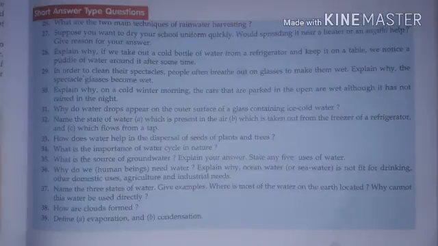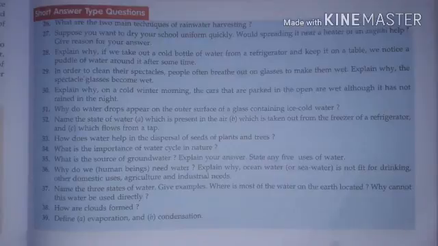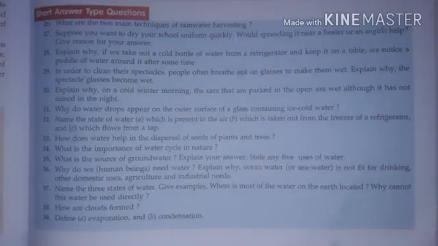And the last question: define evaporation and condensation. What is meant by evaporation? Evaporation is a process of conversion of liquid water into gaseous form, with the help of heat and air. Because of heat and air, the water becomes warm and evaporates, converted into gaseous